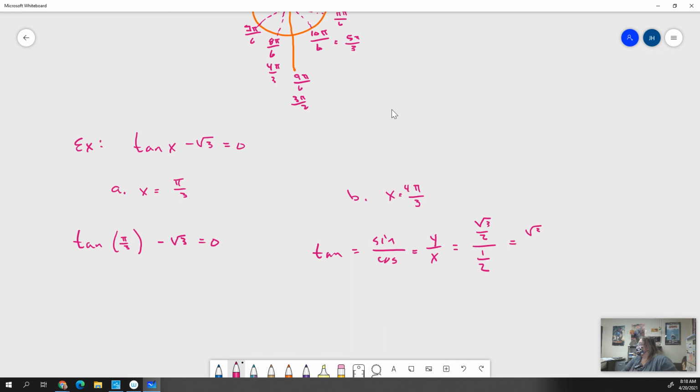So to figure this out, we're going to go radical 3 over 2 times the reciprocal, right, which is 2 over 1, which gives me 2 rad 3 over 2. And these cancel, and we just get radical 3. So now when we look at this, we're saying that radical 3 minus radical 3 equals 0, which means that 0 equals 0, so it's true. If we look at part B,